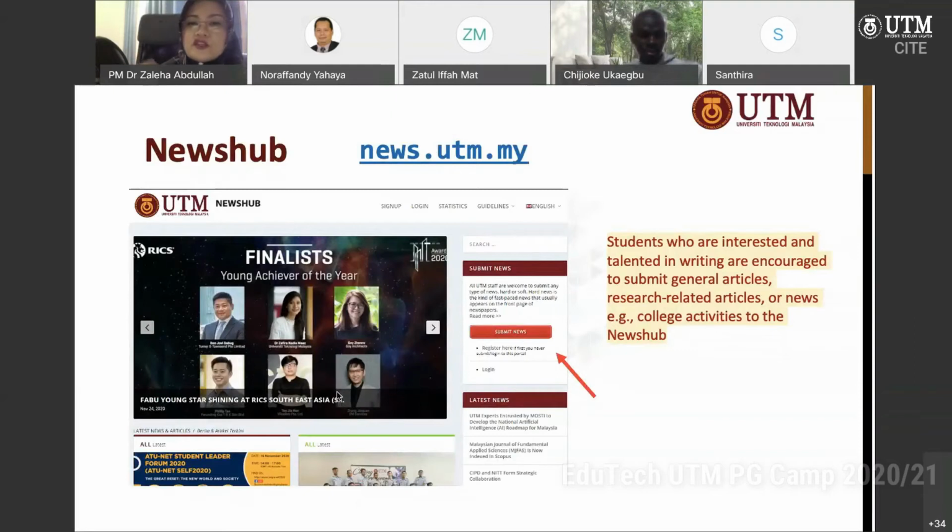Maybe you can write it in an interesting way, like there's already a format for it, like boxes. You can just add your name, you add the stories, and once you submit the story, there's a team that will do proofreading and verify your news before they publish it to the rest of the UTM community. Yeah. So you can do that.